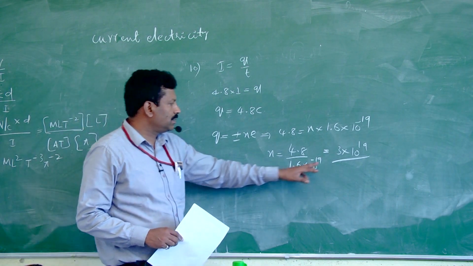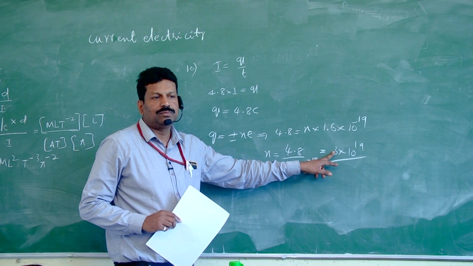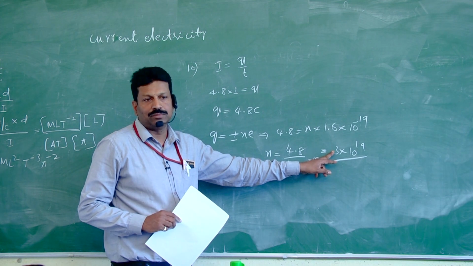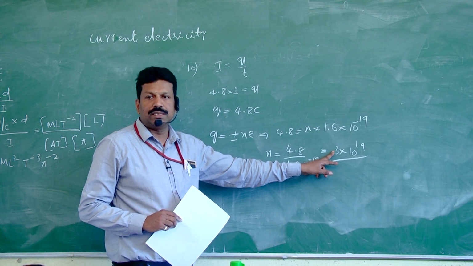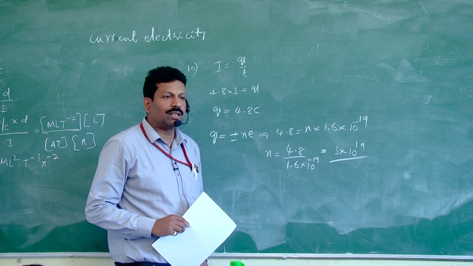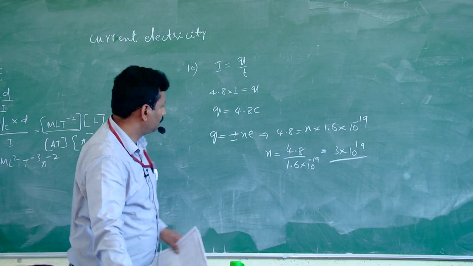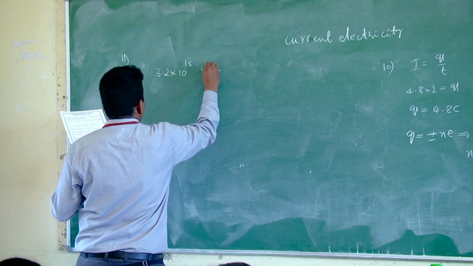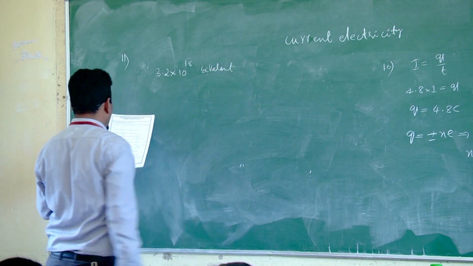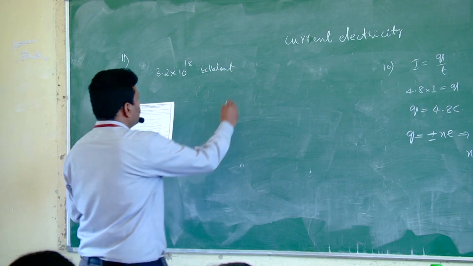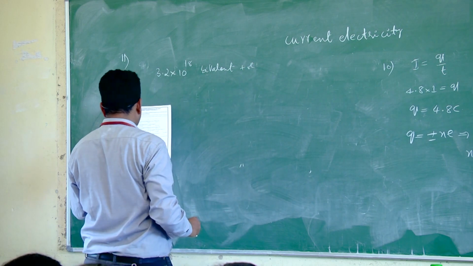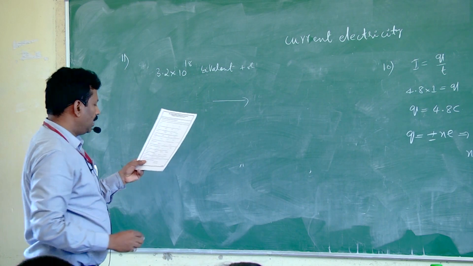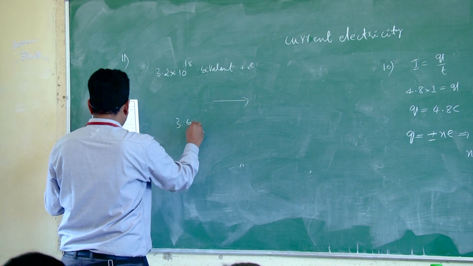The number of electrons per second. Sometimes they give it as charged particles. If the charge is negative, it will be electrons. If the charge is positive, it will be protons. Bivalent means twice. Bivalent positive ions drift to the right, per second, 3.6 into 10 to the power of 18